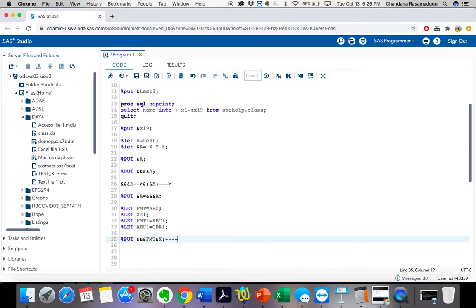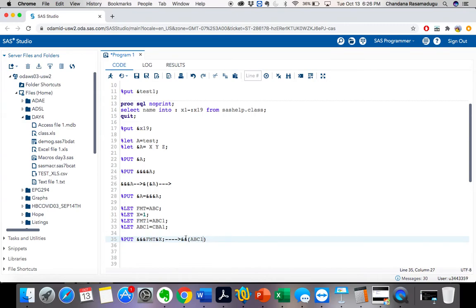Let's write it down. I have these 2 ampersands left, and what happened here now? &fmt got resolved to abc, and what is the &x value? 1. So it got resolved to &abc1.